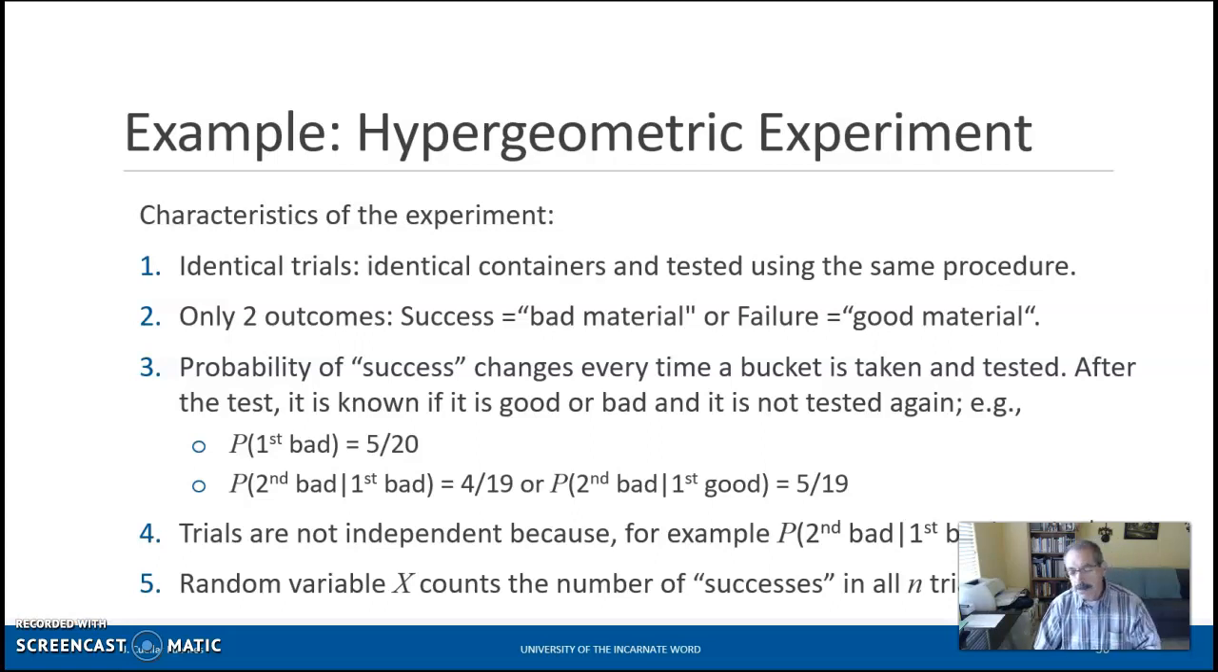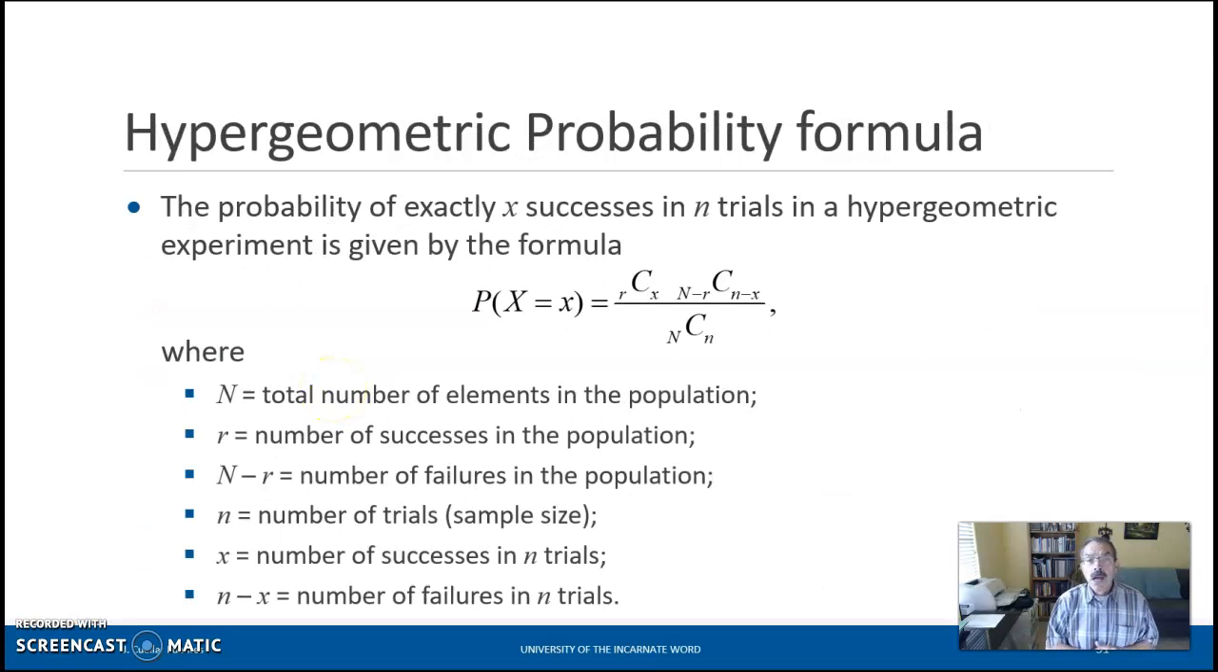So that causes the change in probability and the fact that these events are non-independent. All right, so that's an example that shows you the distinction between the binomial and the hypergeometric experiment. All right, so now in this case, we are going to have to use a different equation to calculate a